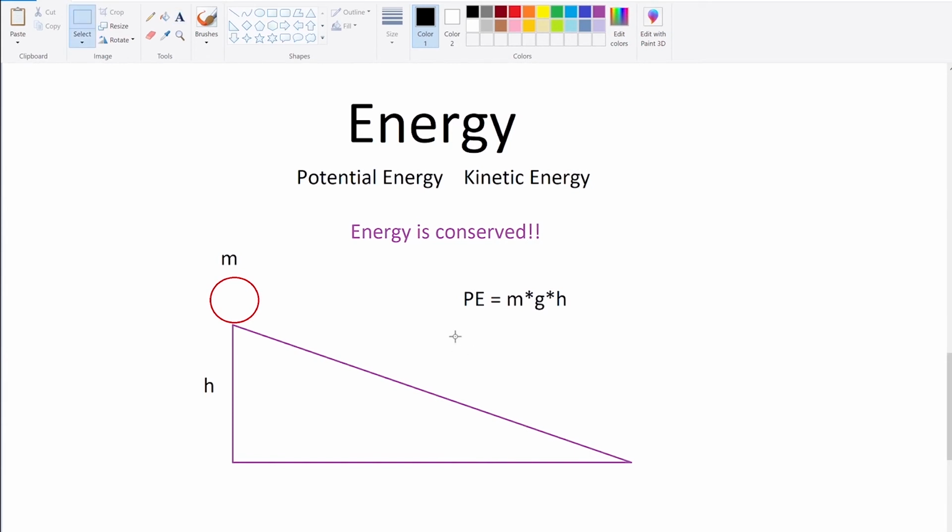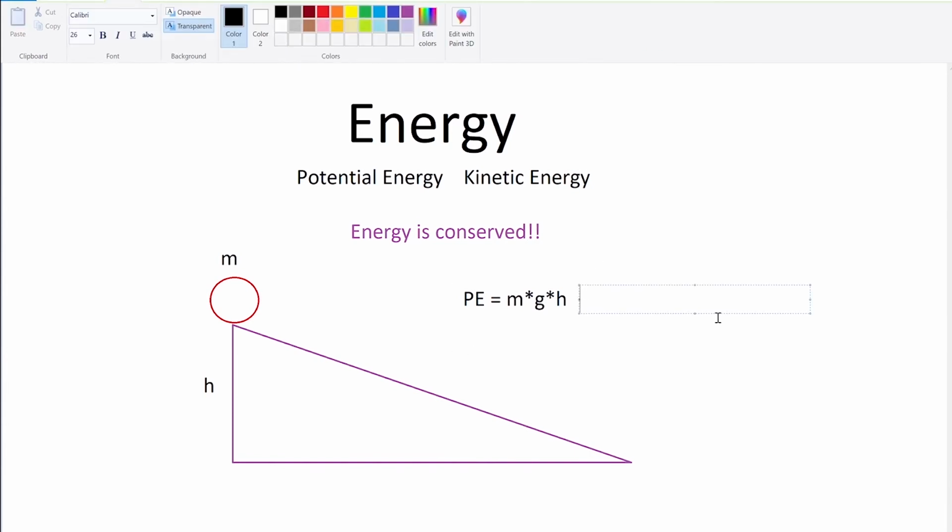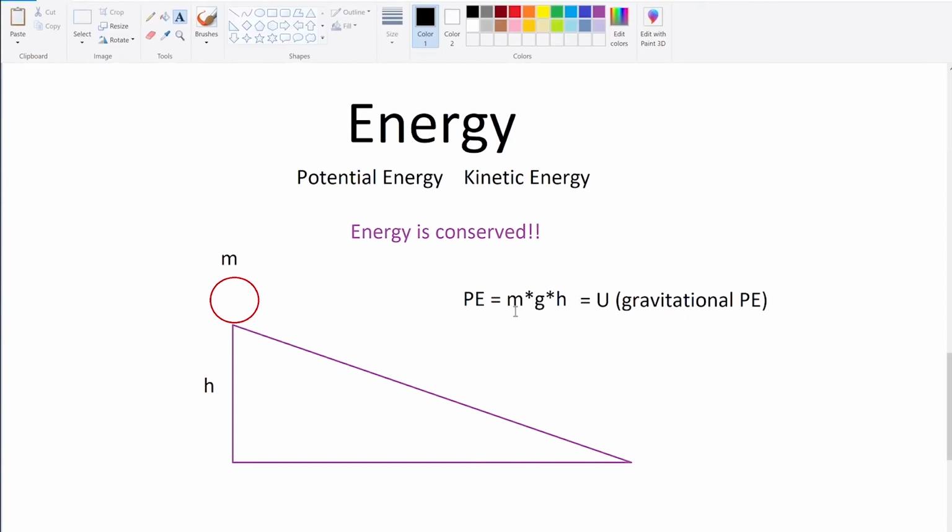So this is for gravitational potential energy. There are different types of potential energy. I'll give you some examples later. But when you're talking about gravitational potential energy, it can also be represented as just a capital U. So if we wanted to find the potential energy of this ball here,